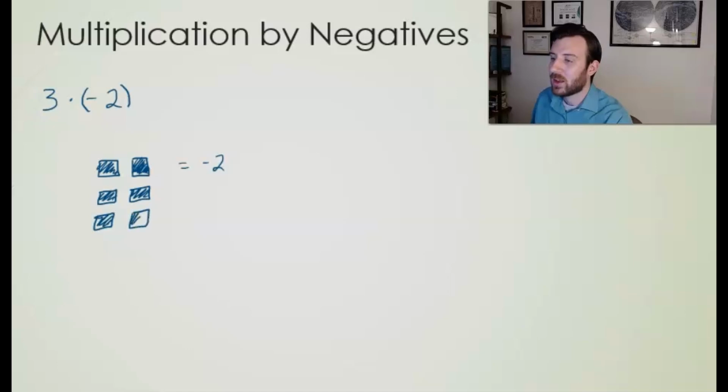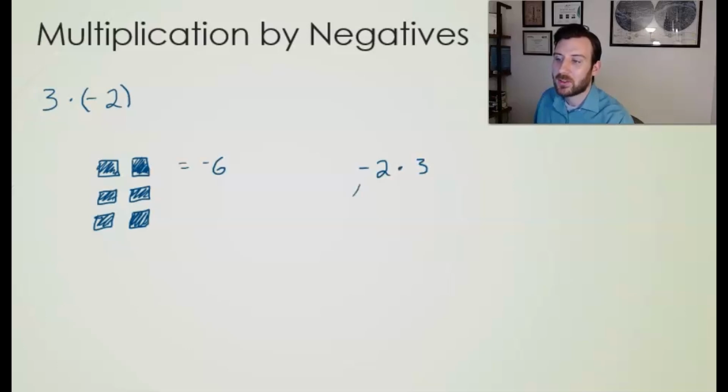Meaning that now we don't have -2, but we have -6. We have 6 anti-blocks because it's what has to result from 3 groupings of -2. And we can see that this still works via our commutative law, because if I want to look at -2 times 3,